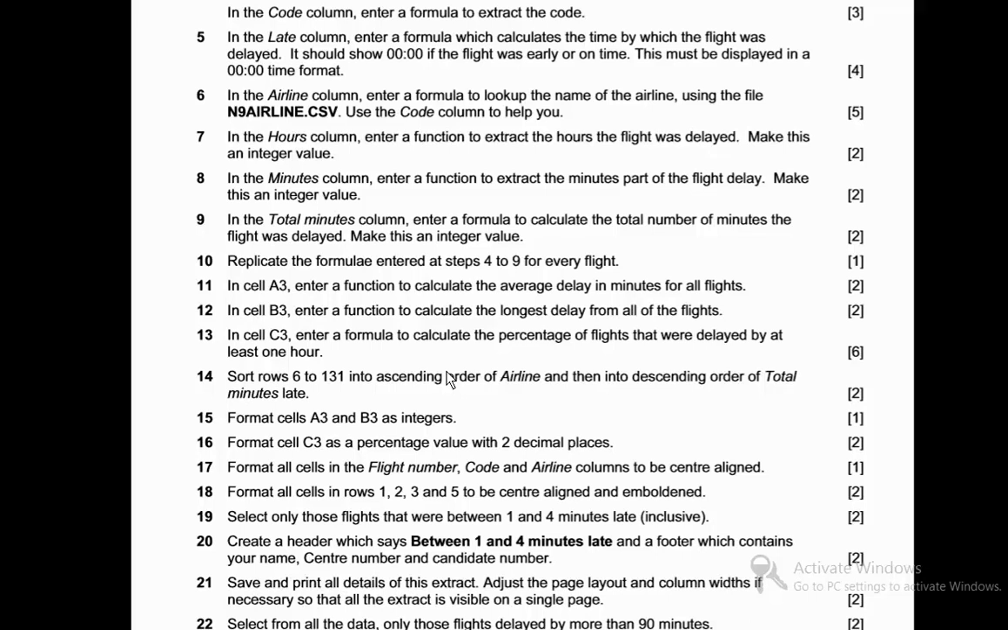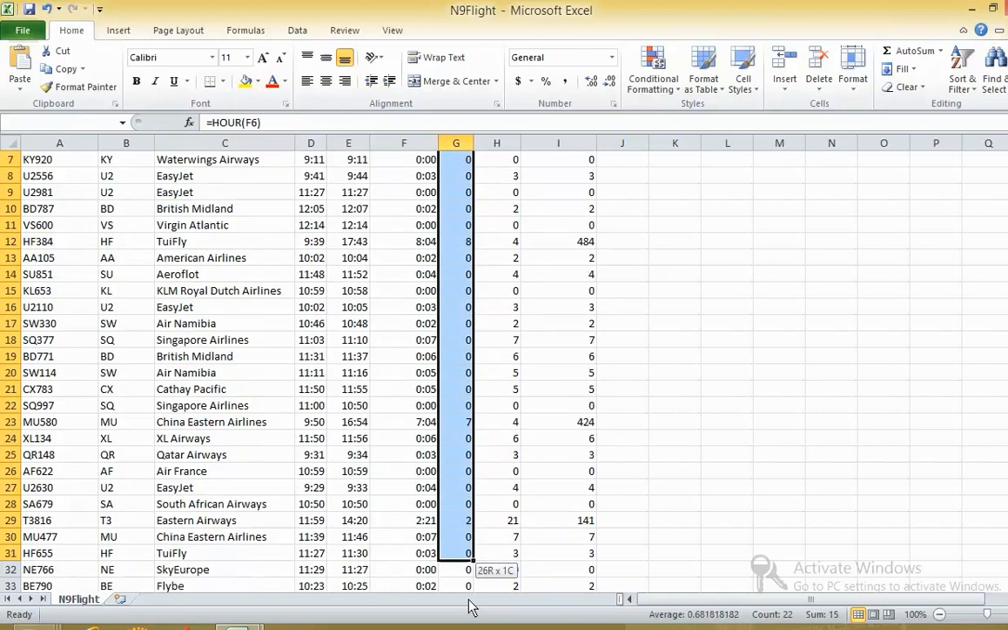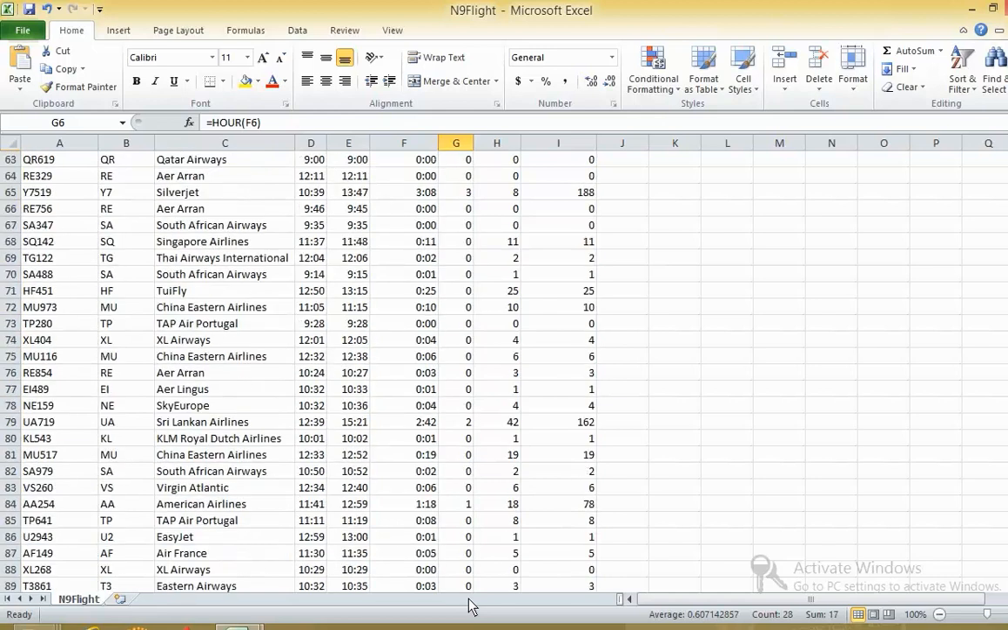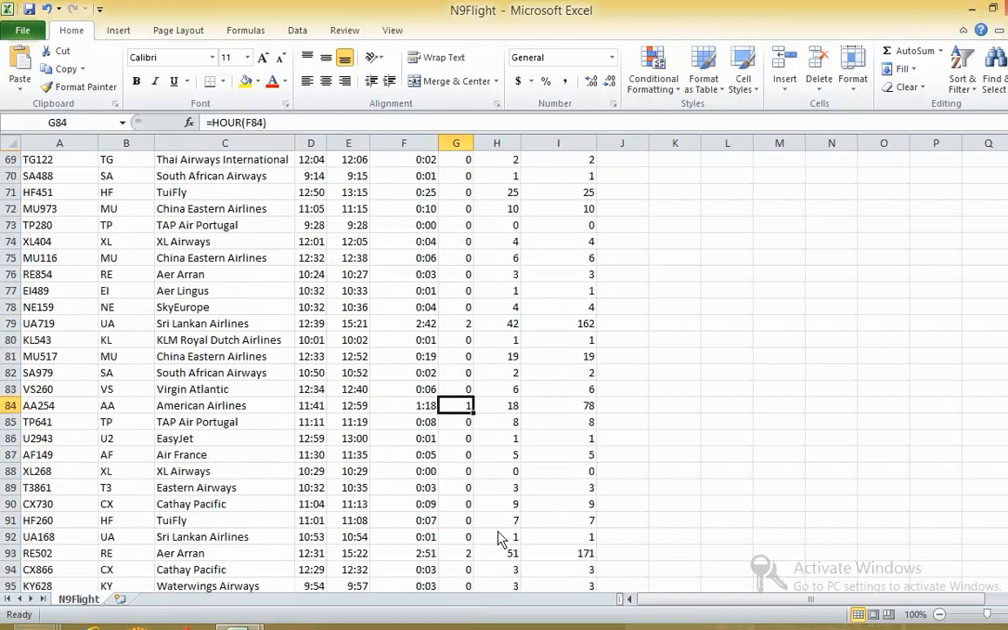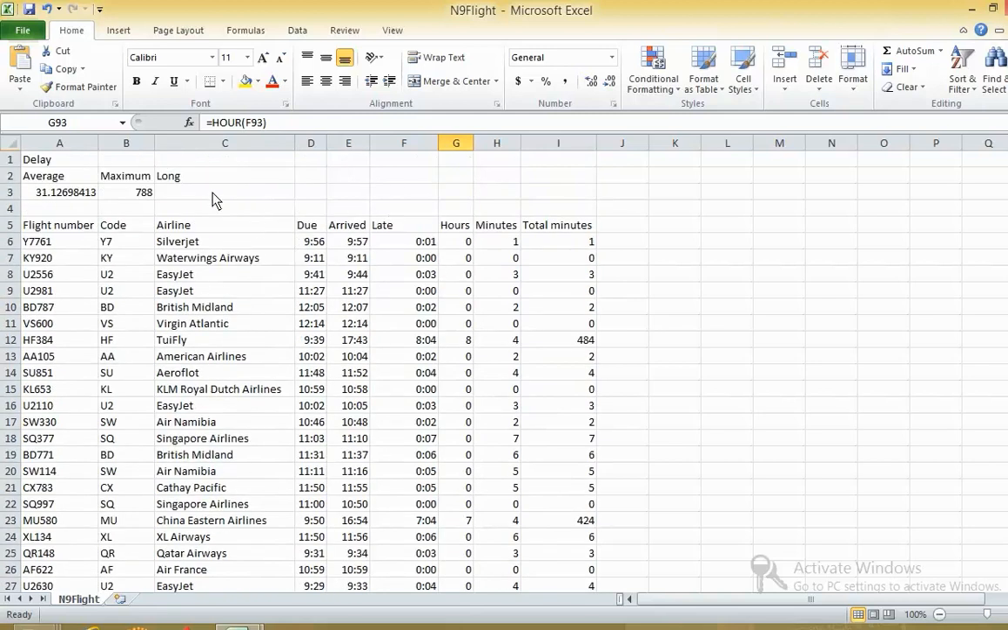In cell C3 enter a formula to calculate the percentage of flights that were delayed at least by 1 hour. Now we need to calculate the percentage of flights that were delayed at least by 1 hour. Okay, at least per 1 hour. So how do we do that? We have to use,